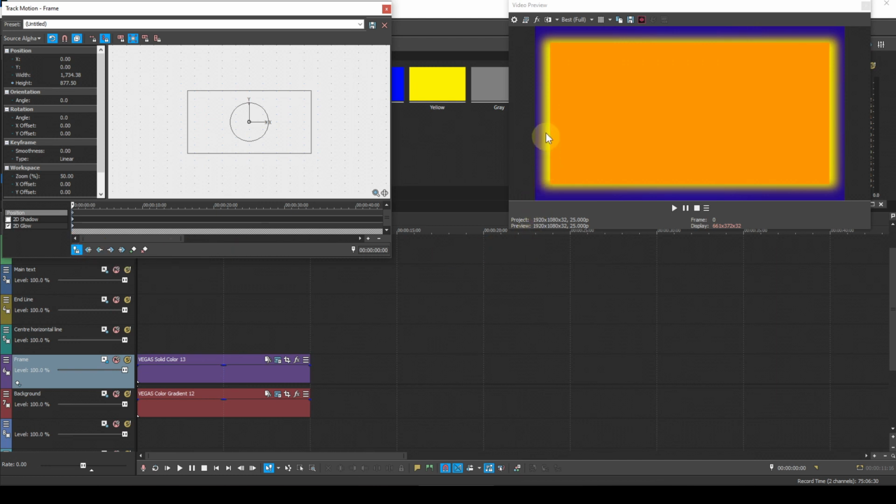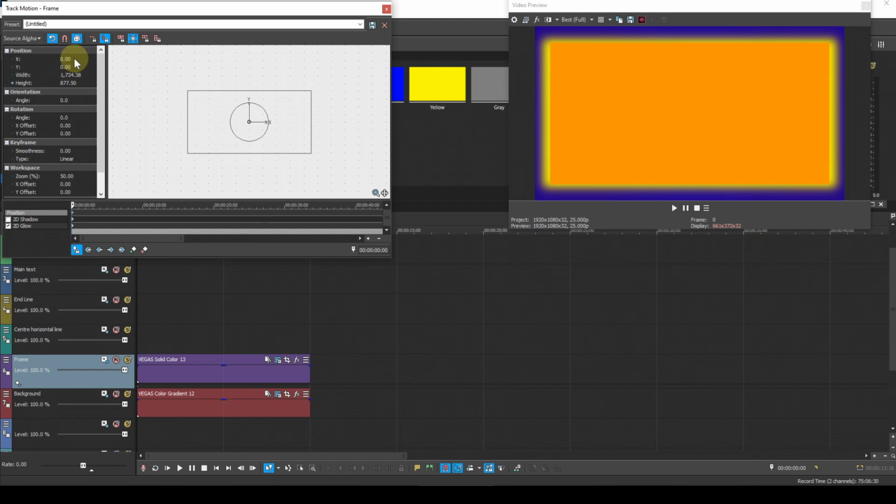Now you notice that there's a glow around this event. That's because there's a check mark in 2D glow. I must have left that in from the last time I was working on it. So if that isn't in, you need to put a check mark in there. You'll note that this isn't available in Movie Studio Platinum, so that can't be done if you're using Movie Studio Platinum. In the 2D properties, set